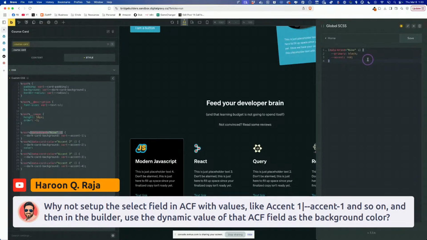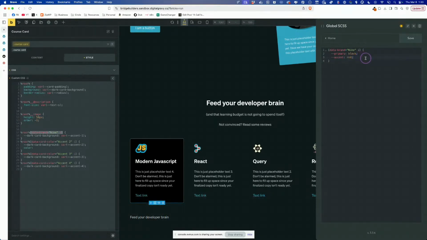Okay. So Harun has a question. He's asking, why not set up the select field in ACF with values like accent one pipe accent one and so on, and then the builder uses the dynamic value of that ACF field as the background color? Yeah. There's a bunch of different tweaks that you're free to do. I have to pick a lane and demonstrate it. I can't demonstrate every lane. I feel like this way is definitely best when the accent colors are not specific